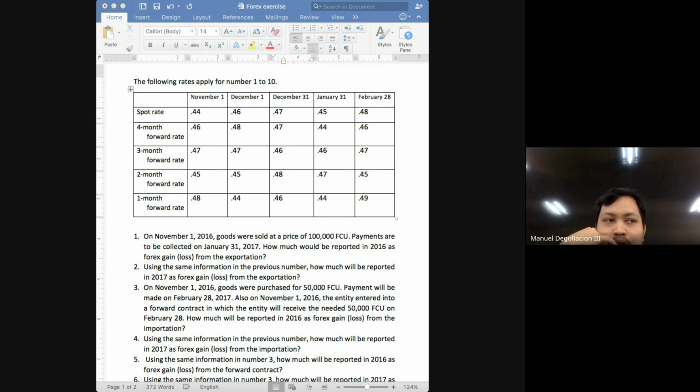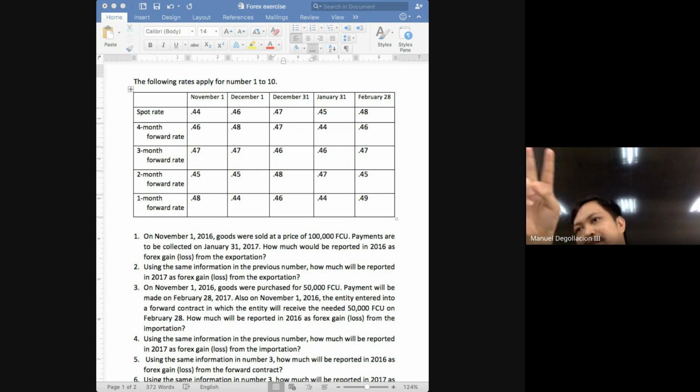Now, in most problems that we will encounter, class, the sales or the purchases will be on credit. And what would be the consequence? If it is on credit, it is not paid in cash. And what would be the consequence if it is not paid in cash? We will have to record your accounts receivable and accounts payable. And so what does that mean? If it is not paid in cash, the date of payment and the date of delivery will not fall on the same date. Which one will come first? It will be the date of delivery followed by the date of payment.